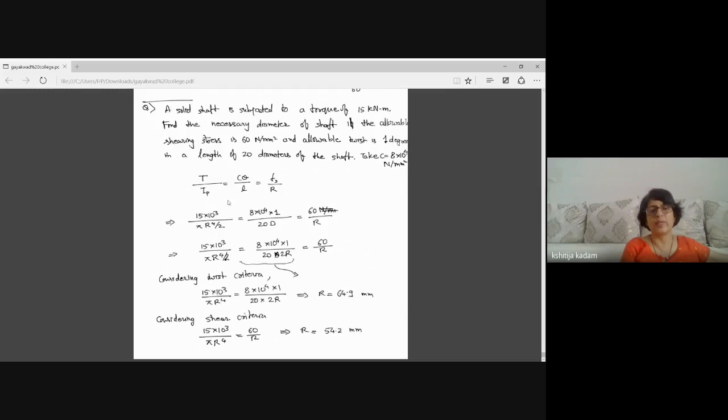So I have this formula which is already explained to you. Let us substitute the quantities given in the question. T is already given in the question. IP for circular section it is pi r to the power 4 upon 2. R has to be calculated in the question. C is given. For twist it is given in terms of length. So 1 degree in 20 diameter length. So in place of length I have written 20d and in place of theta I have written 1 equal to,